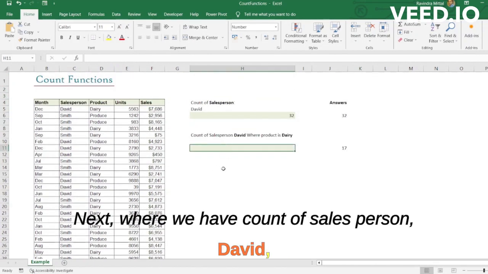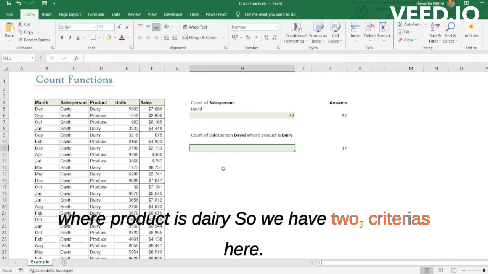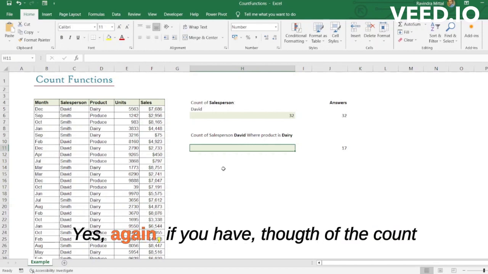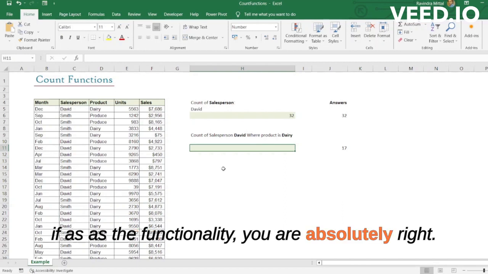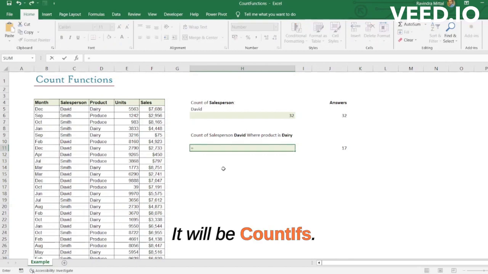Next, we have count of salesperson David, where product is dairy. So we have two criteria here. So yes, again, if you have thought of COUNTIFS as the functionality, you're absolutely right. It will be